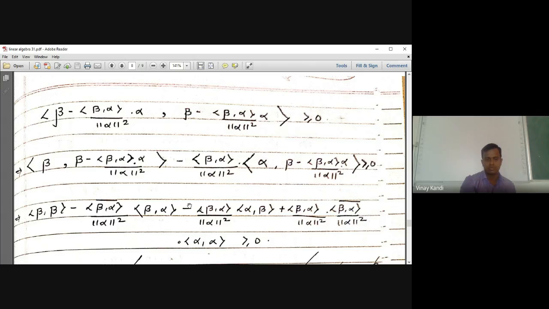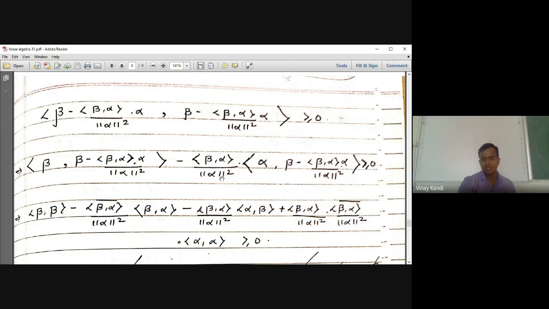Minus, this is the beta alpha upon norm alpha square as it is, and by the linearity property we can write like this: the inner product of alpha beta plus, and this minus becomes plus,